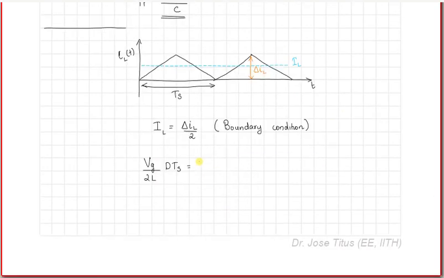So if I equate it here, Vg by R times (1 minus d) the whole square, then you see that Vg cancels out, and again you have the terms like 2L, Ts and R, so you can bring it to one side and write it as 2L by RTs should be equal to d times (1 minus d) the whole square,